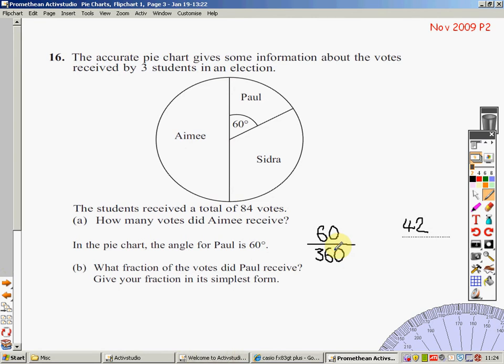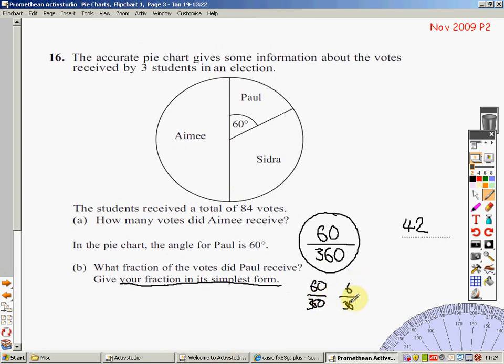That's the first bit of the answer. Then it says, give your fraction in its simplest form. So we've got to cancel this down now. But always write the first initial answer there, because you get a mark for that, and I'm going to get a mark for simplifying. Well, 60 over 360, I can divide them both by 10 to give me 6 over